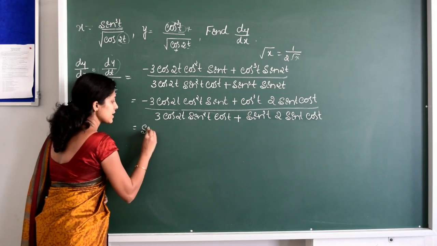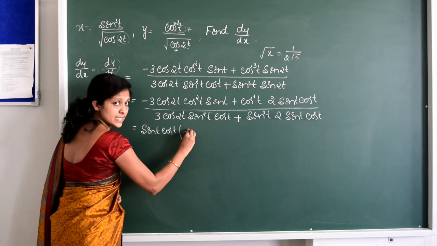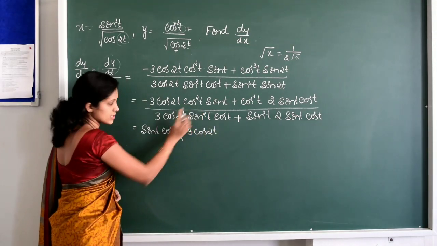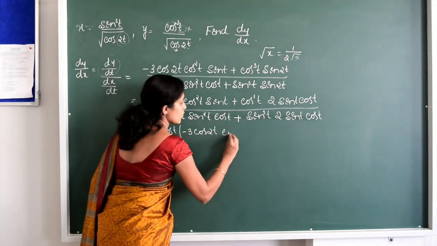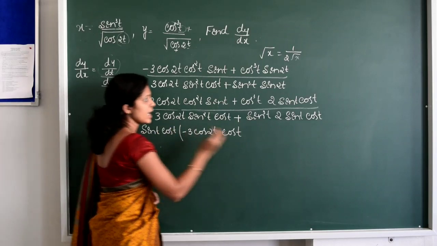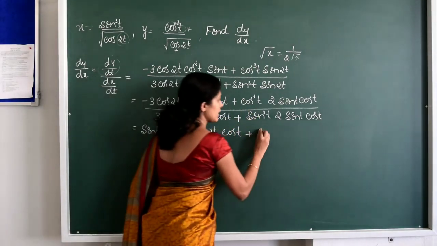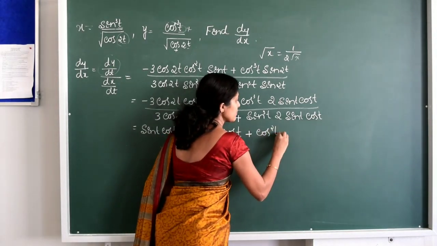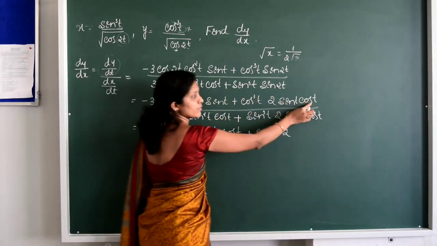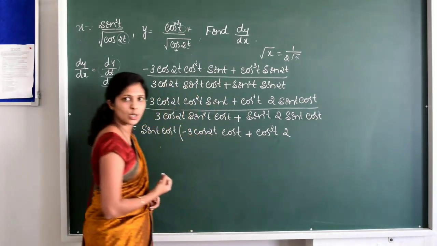In the numerator I will take sin t and cos t. So in the first term minus 3 cos 2t as it is, cos square t is there, one cos t is here and another cos t is remaining, and here sin t is there, we have taken out sin t, plus cos cube t is there, we have taken cos t, so remaining here cos square t and 2 as it is, and again one more sin t is here and again one more cos t is there, so cos square t into cos t, directly I can write this as cos cube t.